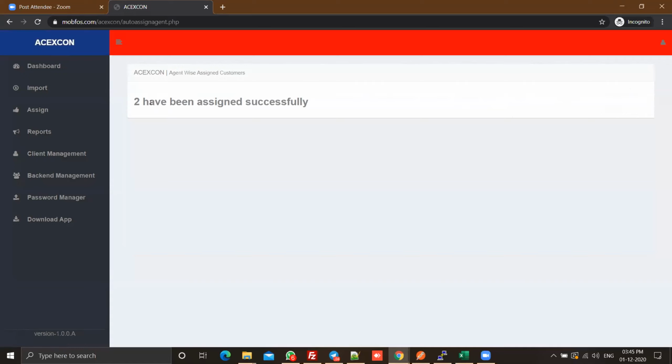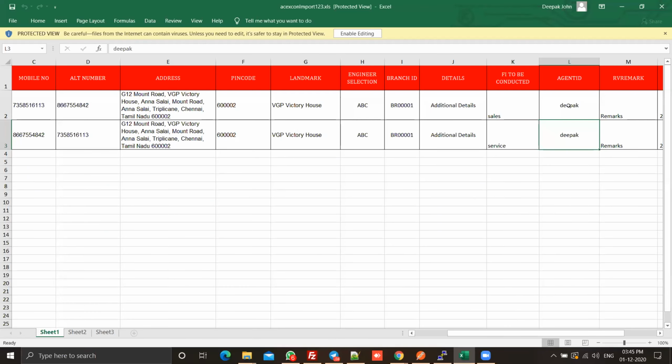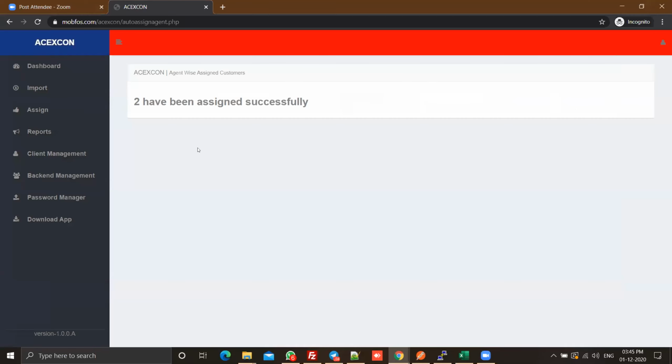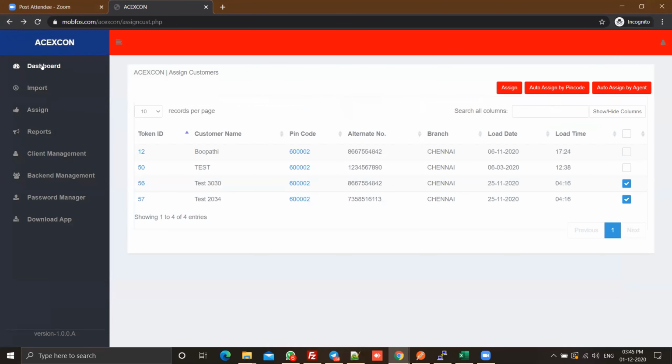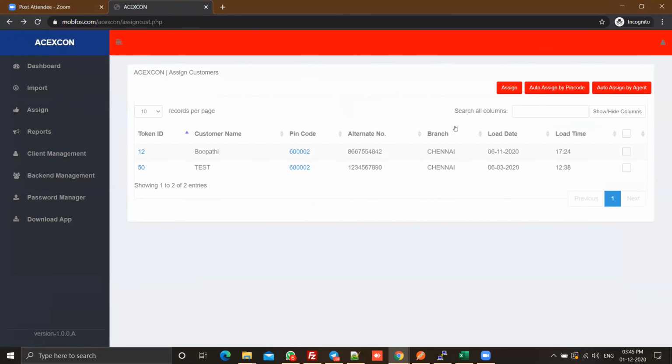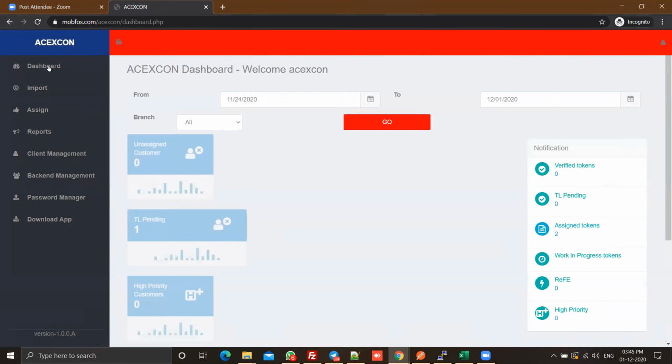If this column is empty, then you will not be able to auto assign by agent. Then you have to manually assign that particular job to that particular agent. Okay, makes sense now. So those cases have been assigned.